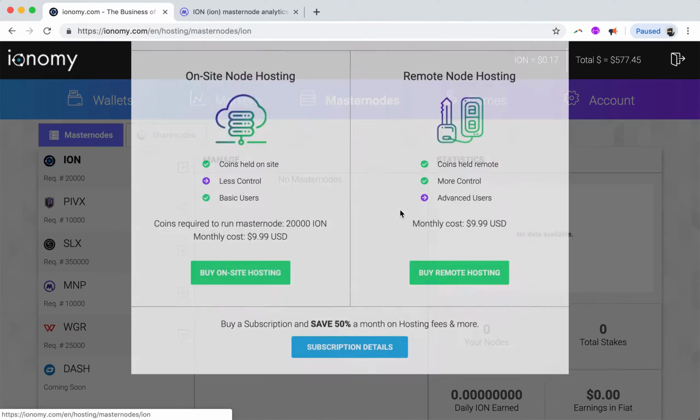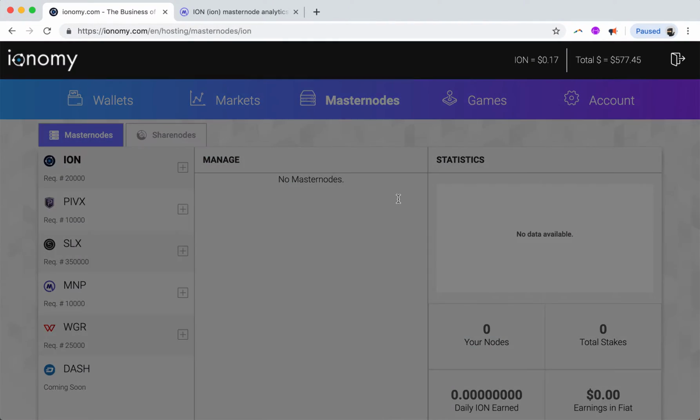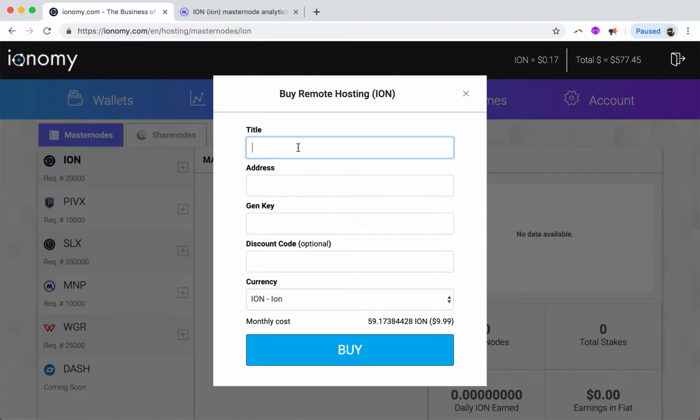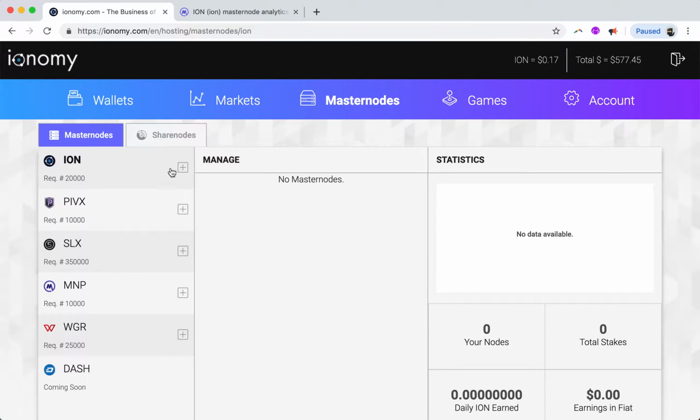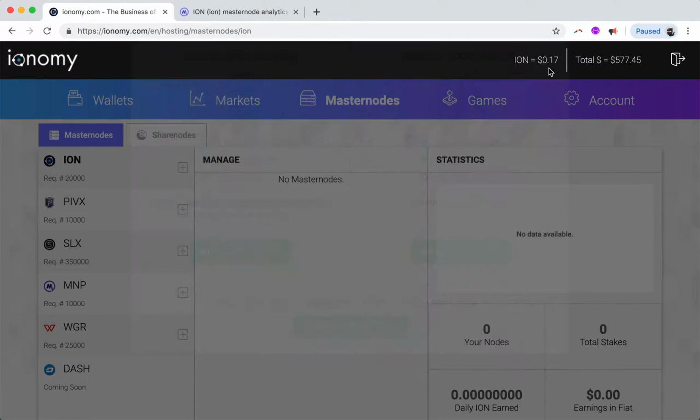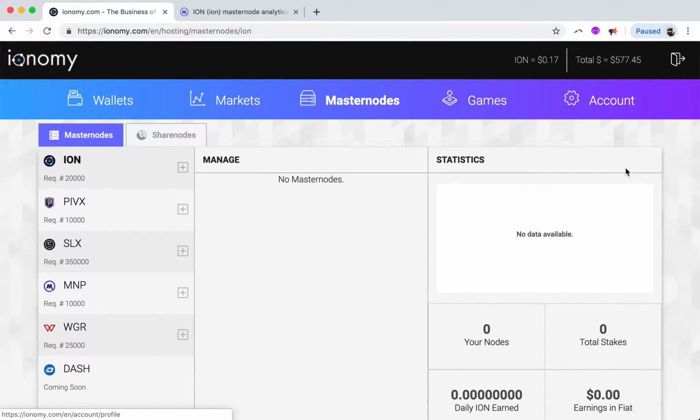The alternative is you could do a remote node. In this scenario, I would keep the 20,000 Ion in this wallet. Then I would fill out here some special information that I would have to get by following some special instructions about how to set up a remote hosted node. I'm actually more interested in this side of things because if you look, the price is about the same. And I actually do trust Ionomy with this 20,000 Ion